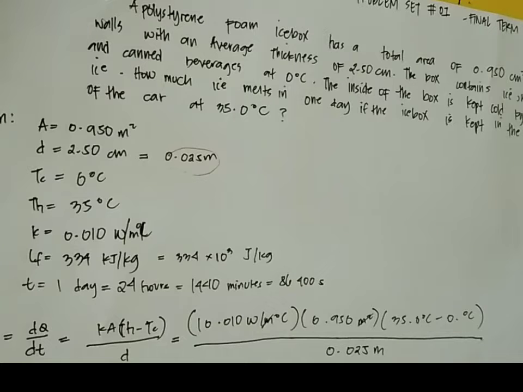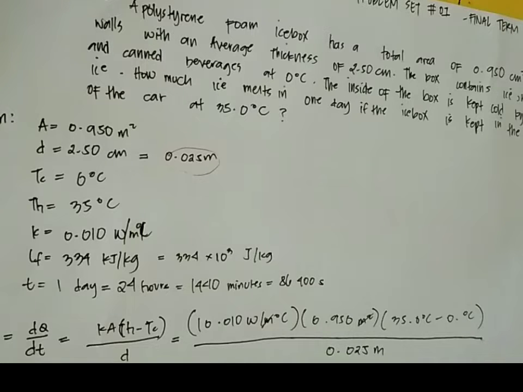So, the given values in the problem: the area of the polystyrene foam ice box is equal to 0.950 meters square, and the thickness of the walls, or D, is equal to 2.50 centimeter, in meters 0.025, and the temperature cold is equal to 0 degrees Celsius, and the temperature hot is equal to 35.0 degrees Celsius, and the thermal conductivity for the polystyrene foam found in table 1.5 is equivalent to